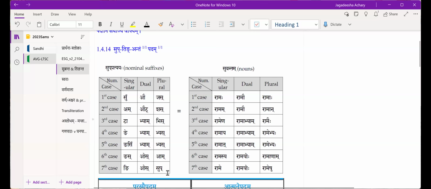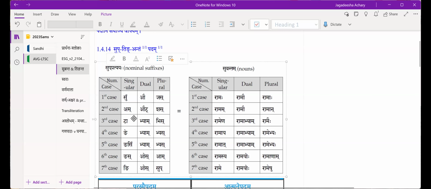That is how all the 21 together are called sup pratyayas. Su, au, jas, aut, shas, all those together are called sup pratyayas. The su from the very first letter is the content, and pa is the it letter here, because there is no other pa it letter in between. So sup means starting from here to here. That is how you get the name sup pratyaya for all the 21.